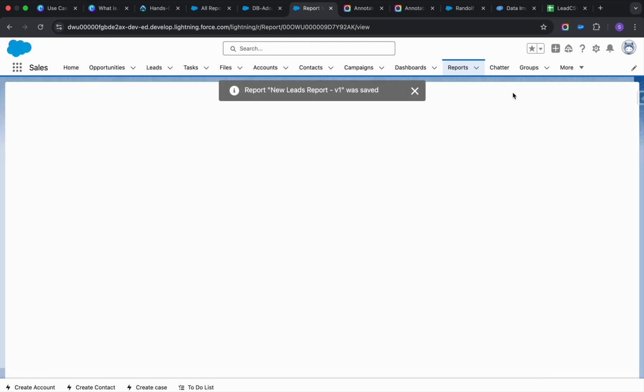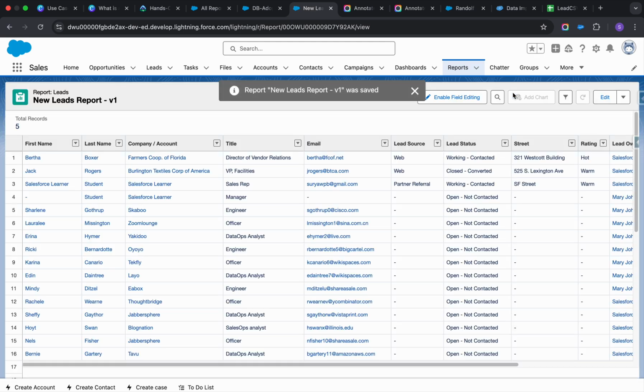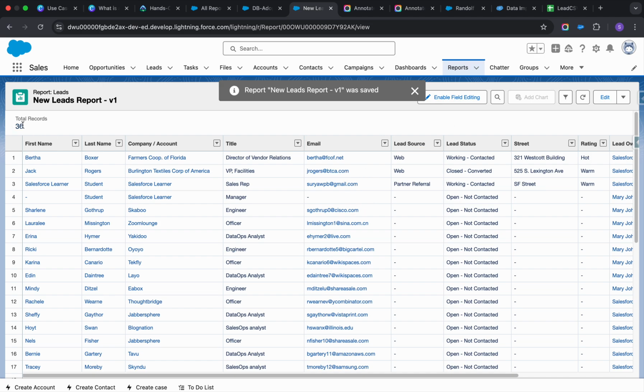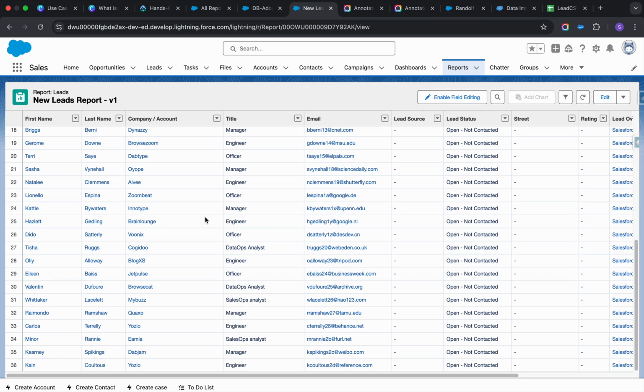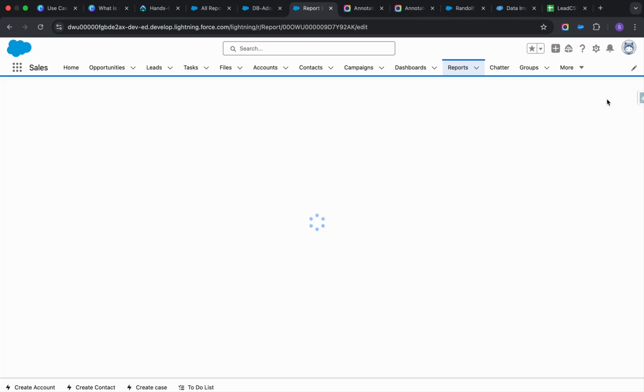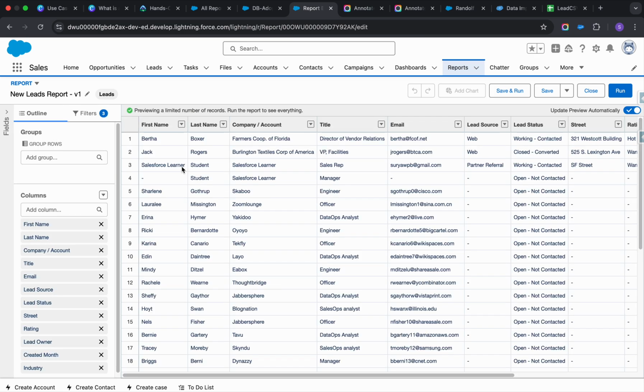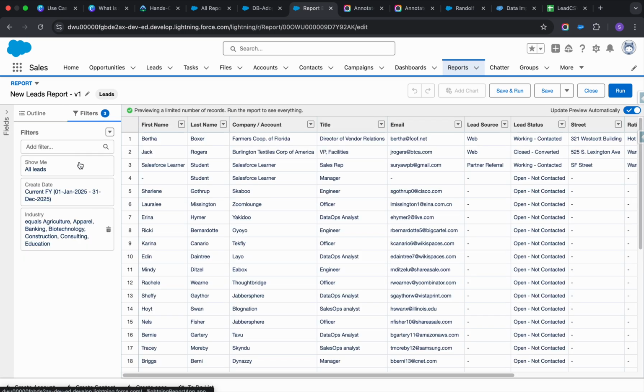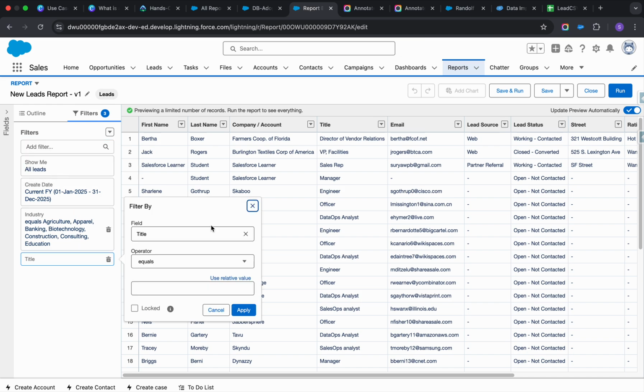Let's click on save and run again. If you see, we only got 36. Earlier we got lots of records, right? So this is how filtering works. And one more thing here is, if you want to add n number of filters, right? For example, industry is this, and title equals,